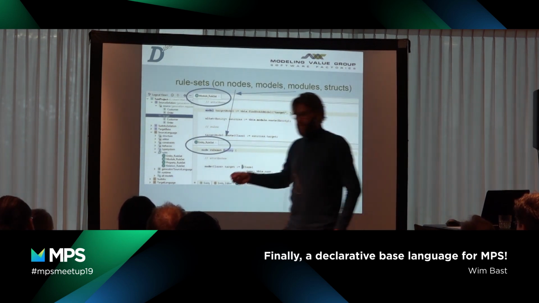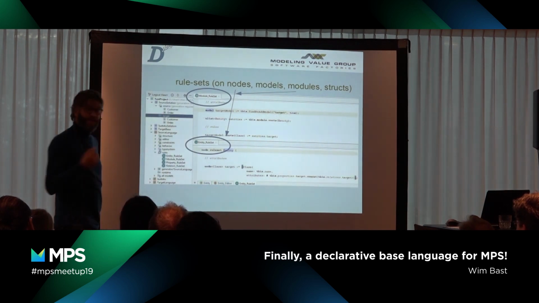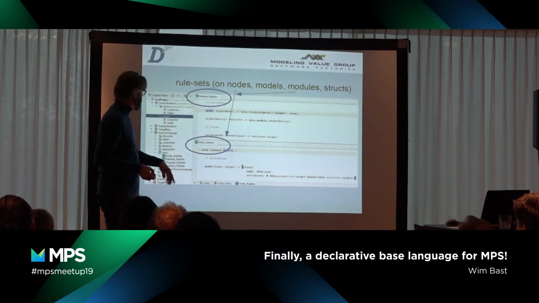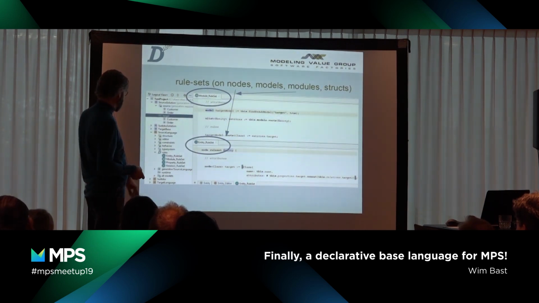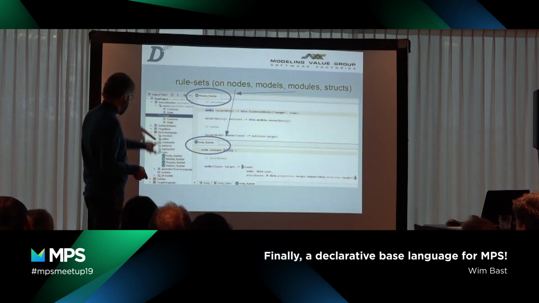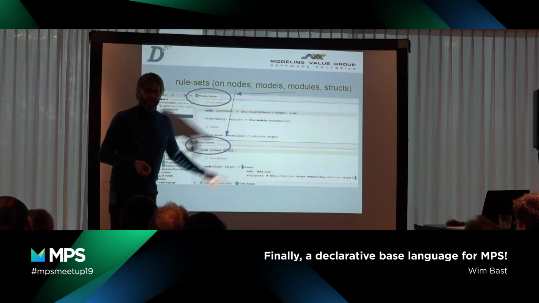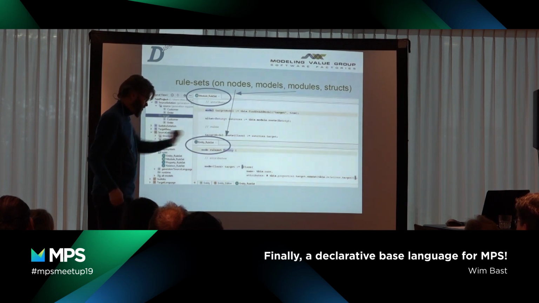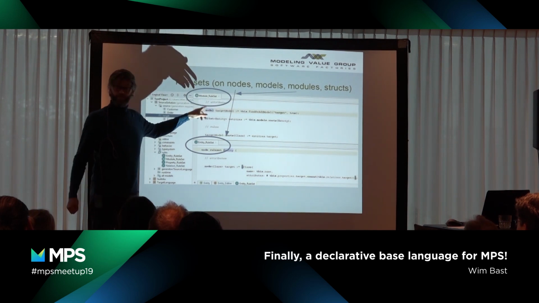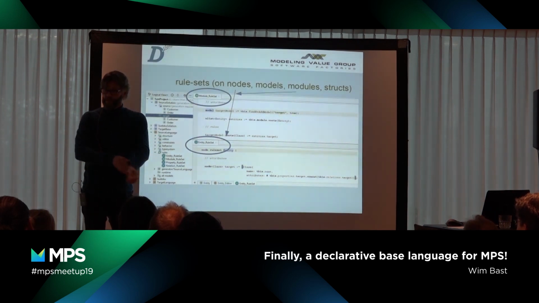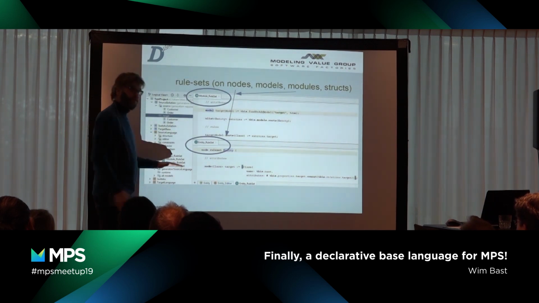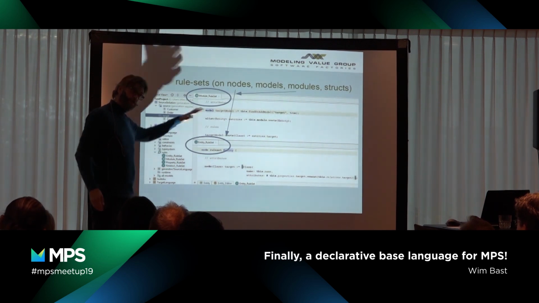You can define rule sets, and actually within a rule set you can do more than only rules, but I will explain that later. You can define rule sets for any concept. For example, if I have a concept entity somewhere, and I create a rule set for it, just as I would do a behavior. But we don't like behaviors, of course. We like rule sets. But you can also create a rule set for a module. No problem. Which means that if the module imports a language in which you have defined this rule set for a module, then all the rules apply for the module.